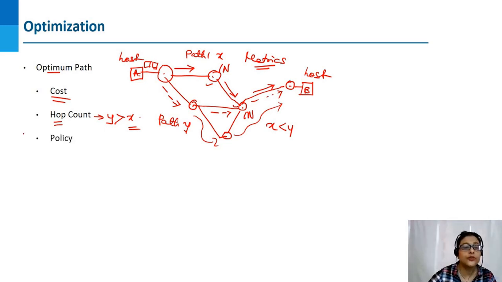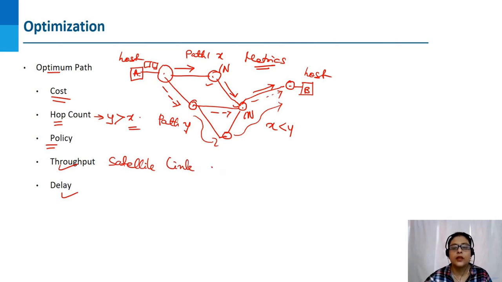Then the metric comes, which is a policy. What is a policy that must be adopted while going through the path? That policy can be in terms of throughput or in terms of delay. Now, if we consider a satellite